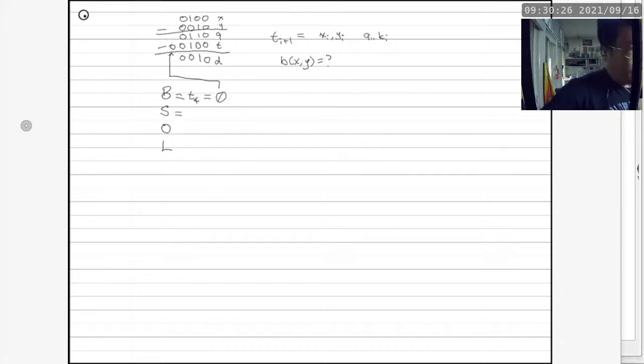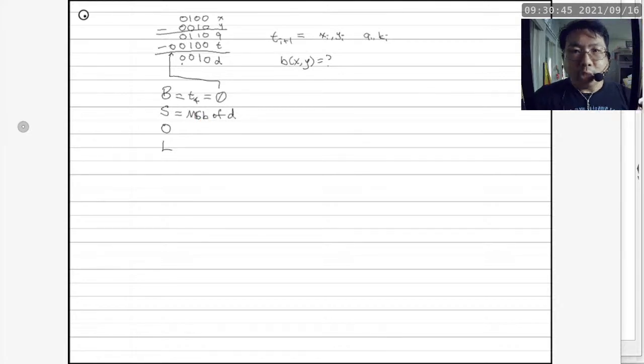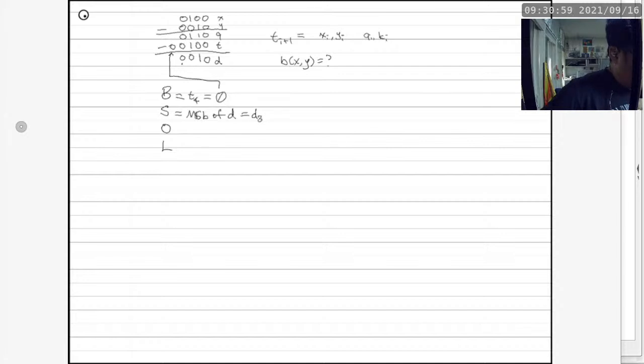What about the sign flag? The sign flag is the most significant bit of the difference. The difference is the last row, and this is the most significant bit of the last row. So I'm going to write here, this is MSB of D. And you note how the b is in lowercase. That's because uppercase B means byte, lowercase b means bit. And in this case, we are referring to the most significant bit instead of most significant byte of D, which is also known as D subscript 3 in this case. And it is a 0. And this one is referring to this particular 0 here.